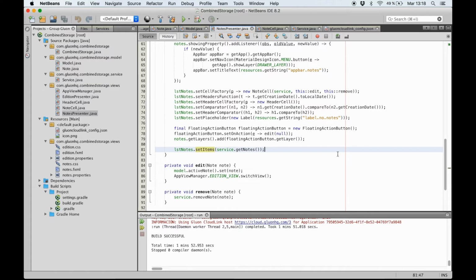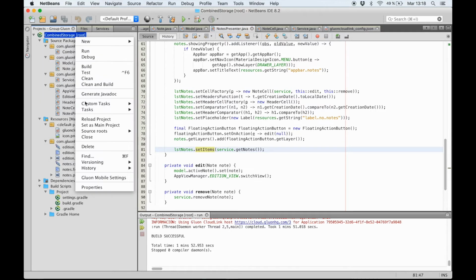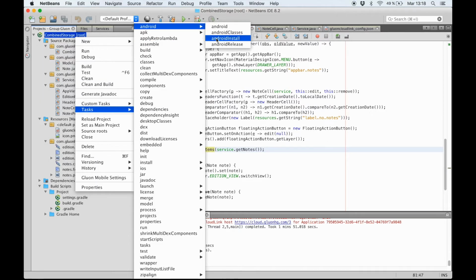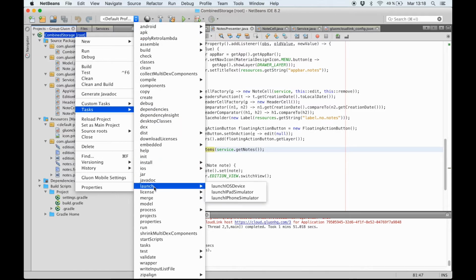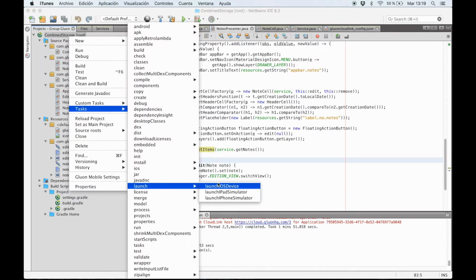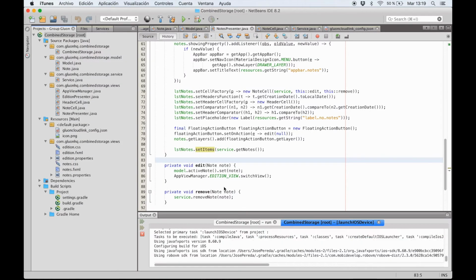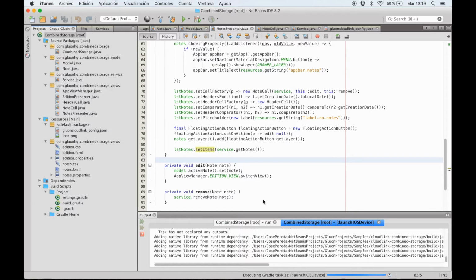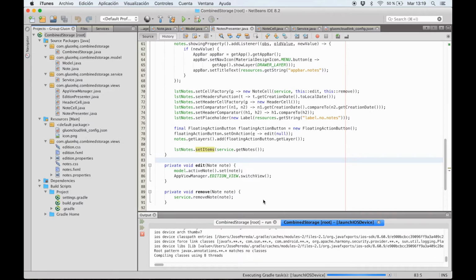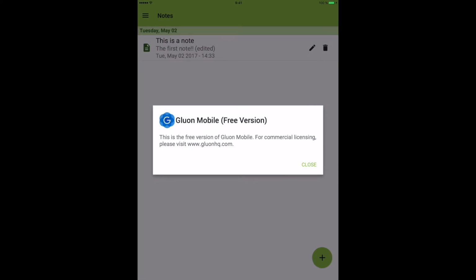Time to deploy the app on your mobile device. Select either Tasks, Android Install to deploy on your Android device, or Tasks, Launch iOS device to deploy on iPhone or iPad, or you can run on your simulator as well. In this case, we'll use an iPad, so we select Launch iOS device, and in less than a minute the app will be deployed. Let's open the app, and we'll see the node that was created from the desktop